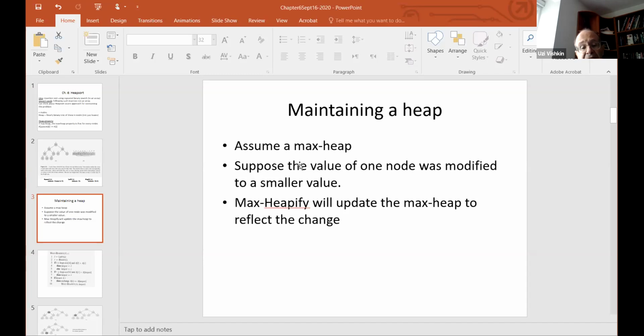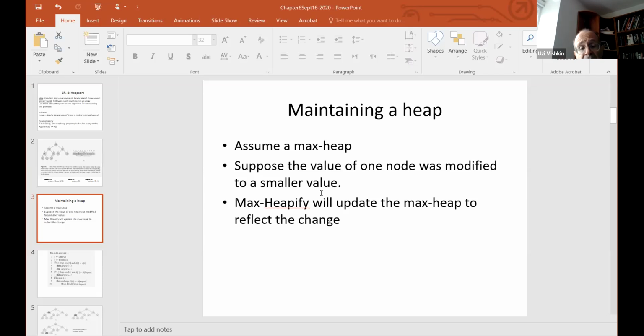And again, it's a nearly complete binary tree, which satisfies the max heap property. And now I'm changing the value of one node. And how am I allowed to change it? In this example, only to a smaller value. So if I take the value of a node and I change it to a smaller value,